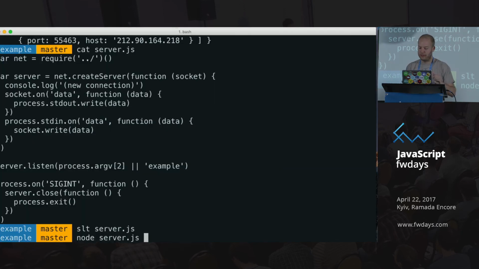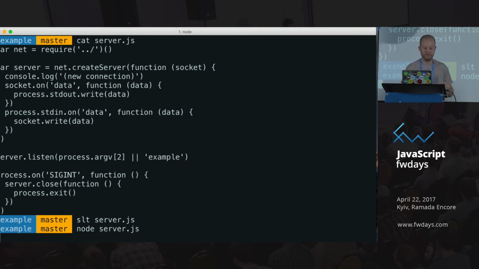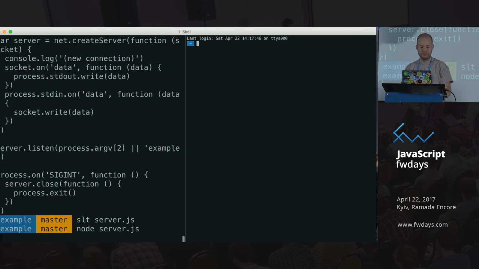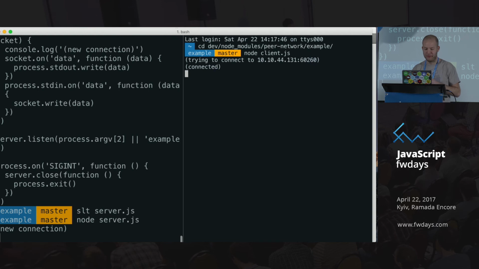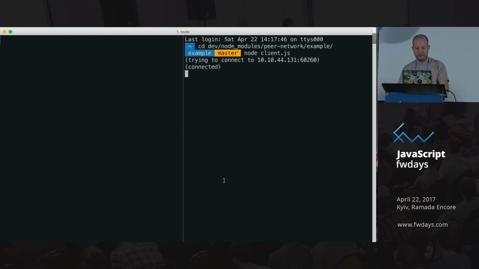So what I can do is, let's see if it works. I have no idea. I can run a server, and by default it just listens on example. And then I can run the client. I just hacked this demo together just before the talk, so if it doesn't work, bear with me. So it works locally, which is cool. It's actually still using a DHT. The DHT is just that fast. If I type something here, it goes to the server,